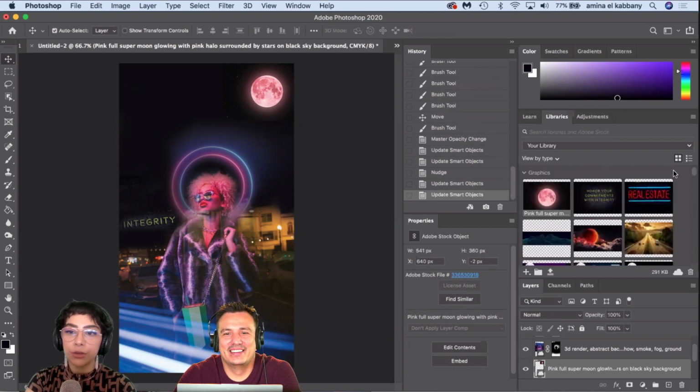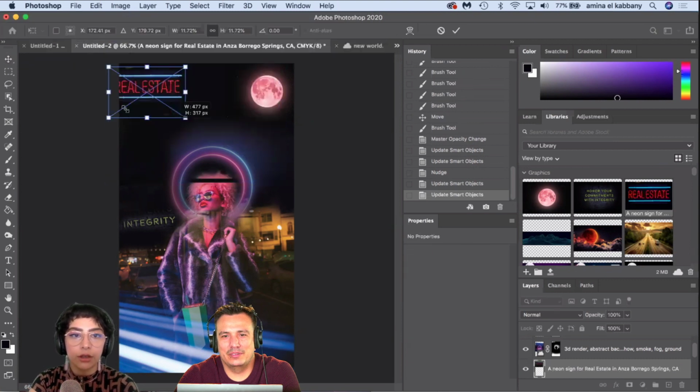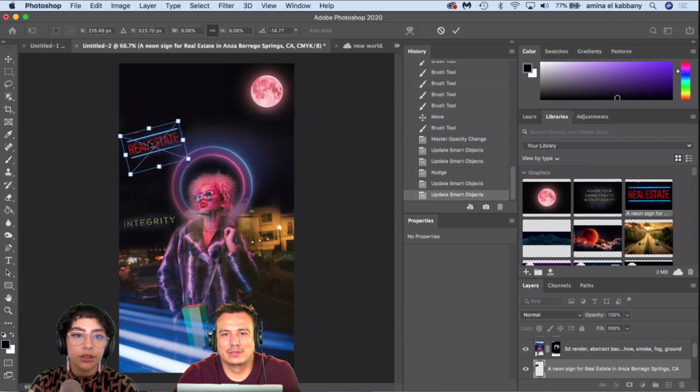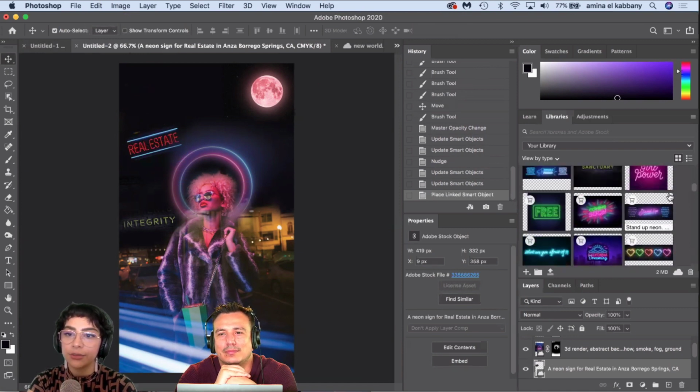All right. So far we've got integrity. I'm going to go ahead since I licensed this real estate image yesterday and also the free. Cool. I'm going to just add both of these in there. We're going to have free real estate in this new world, everyone. Yeah. That can go there. Where is the free sign?